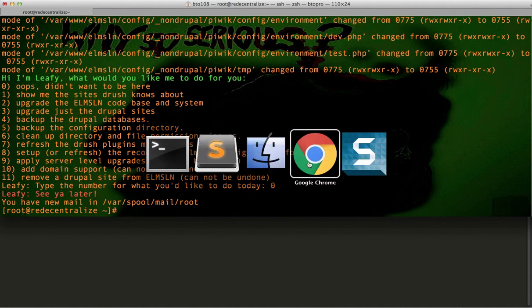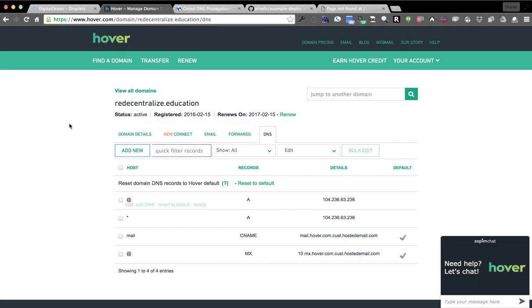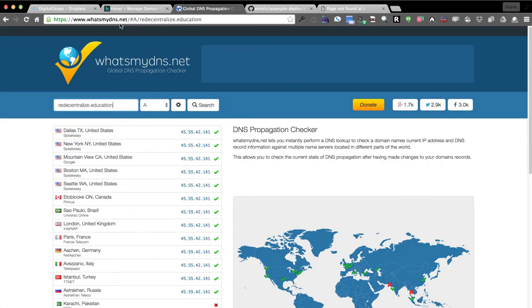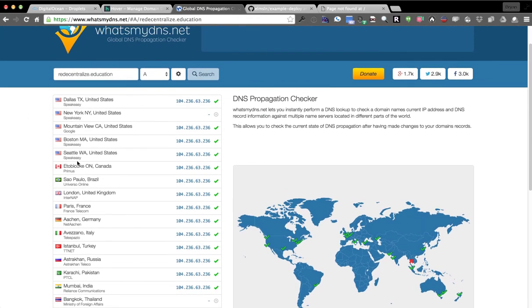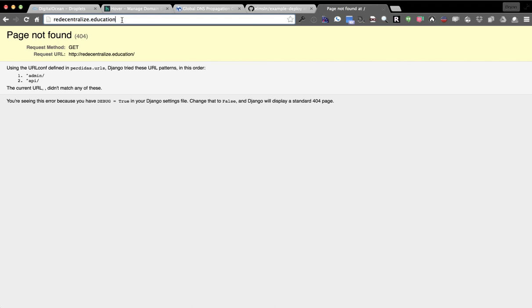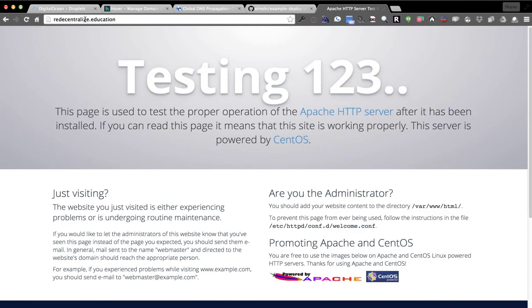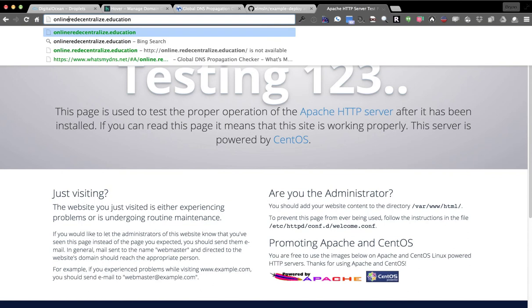What we're going to do now is go back over here and see, okay, we've switched the domain over. Let's verify that the DNS entry is correct now. You see it wasn't previously. And we can see that now this has propagated everywhere. Sweet. And so now if I go to redecentralize.education, probably get, hey, a testing page. Sweet. So let's try to go to the address that says